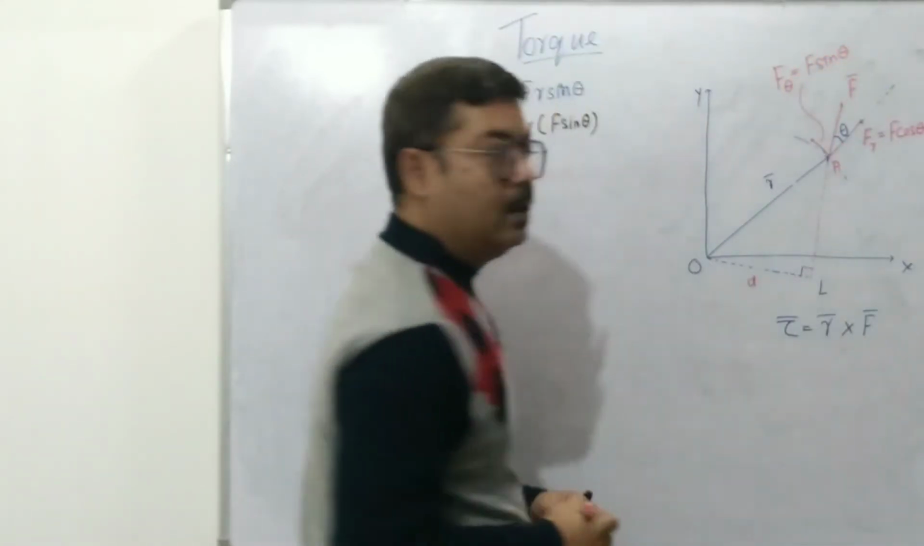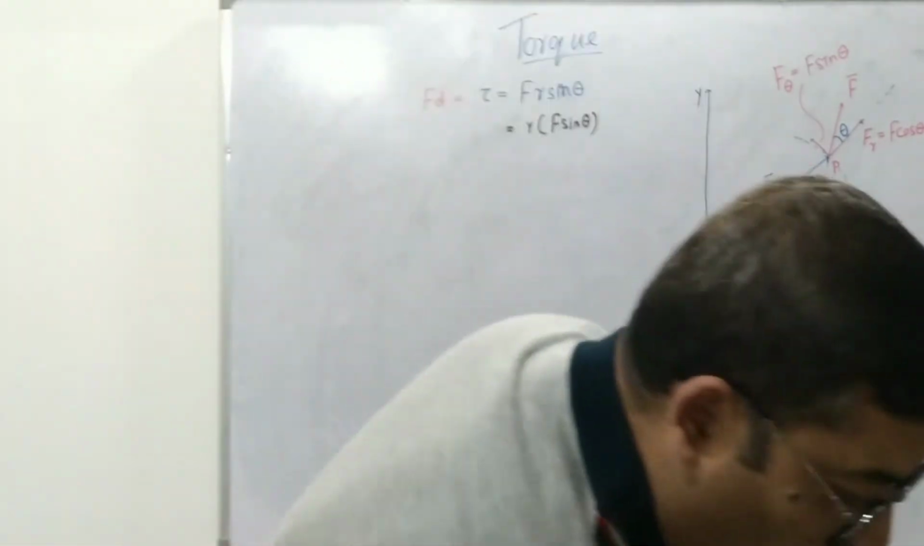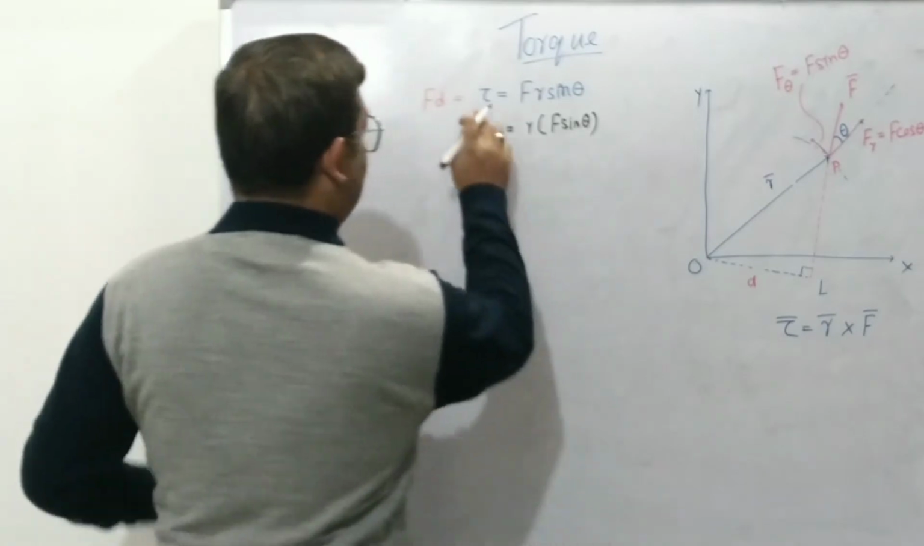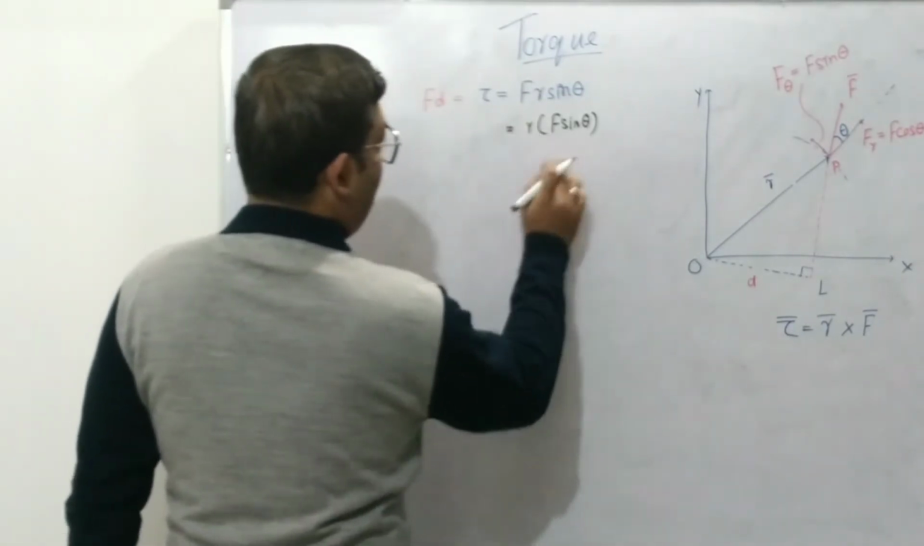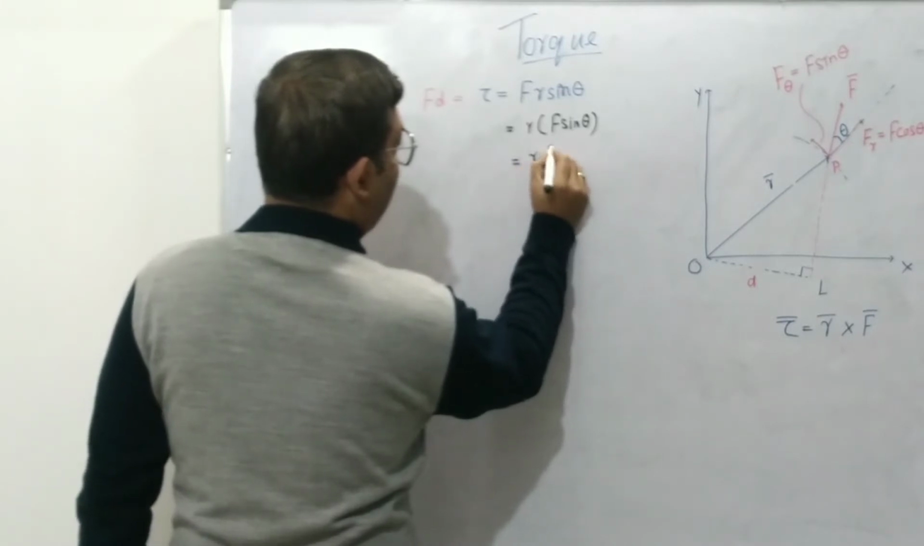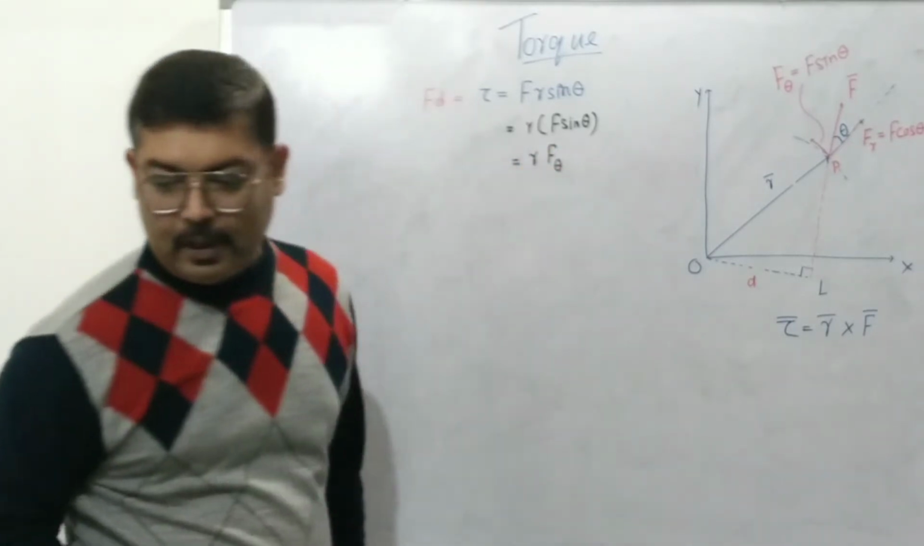and the tangential component, let's call this F theta, is equal to F sin theta, right? So what we can say is that tau, which is equal to R F sin theta, is equal to R into F theta,